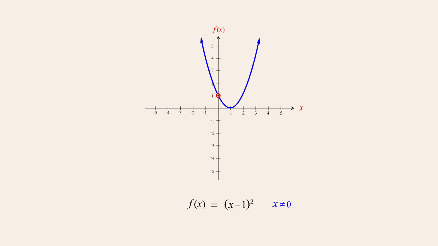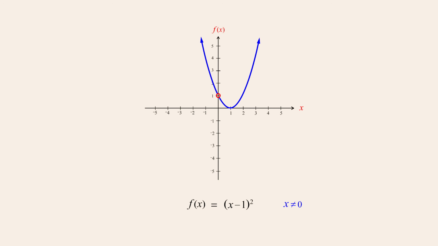In this example, we started with the rational function x over x times x minus 1 squared and eliminated x over x. This same function could also be written differently as x times x minus 1 squared over x. However, regardless of how this function is written, we can still eliminate the pair of identical factors in the numerator and denominator in order to simplify the function without changing its graph. We can do this for any pair of identical factors in the numerator and denominator that produce a hole.